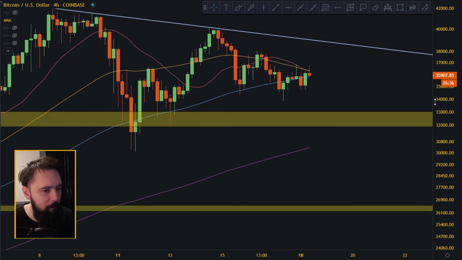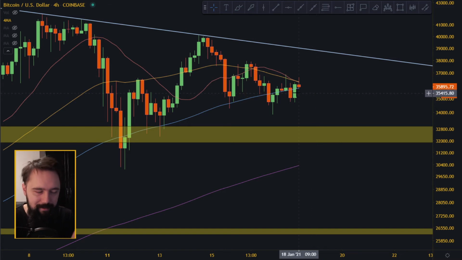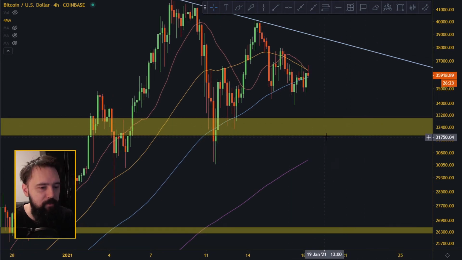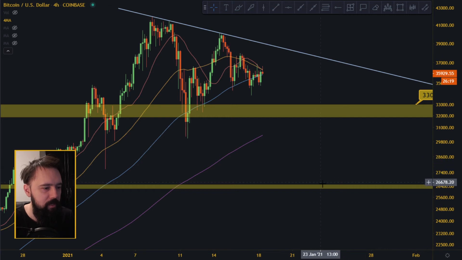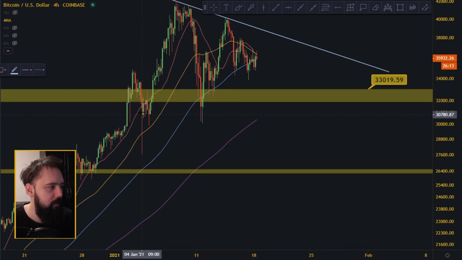The way I see it, I think it's going to be pushed down. I might be wrong, but I think it's going to be pushed down. I see at least a retesting of the 32-30 resistance. If it breaks below it, we can see lower levels, and the only way we can hit 26 is